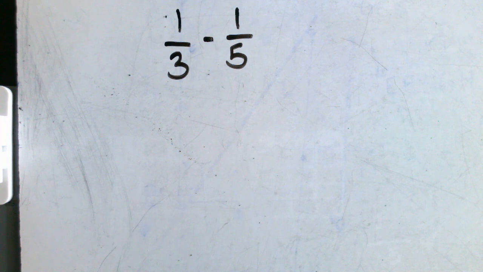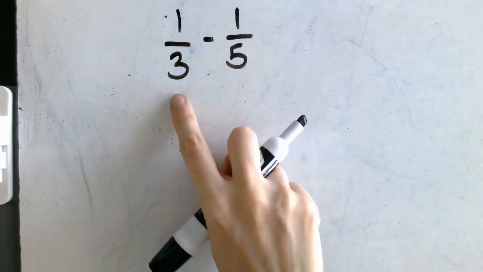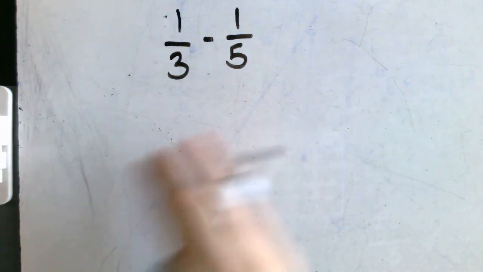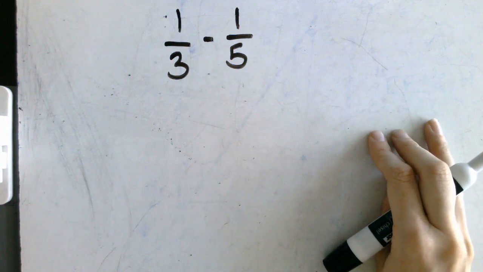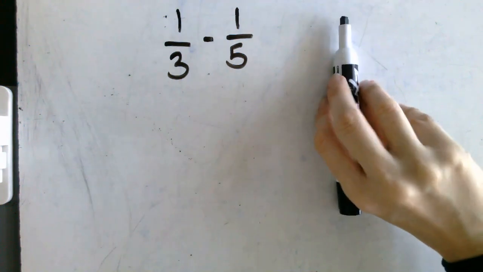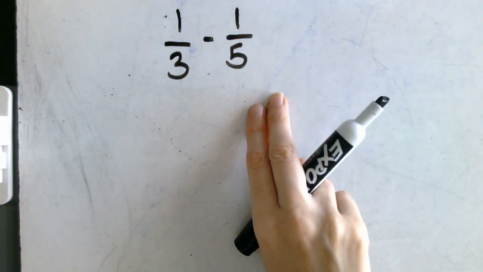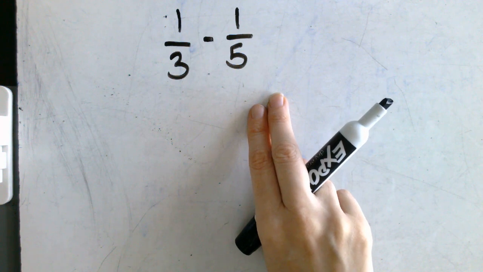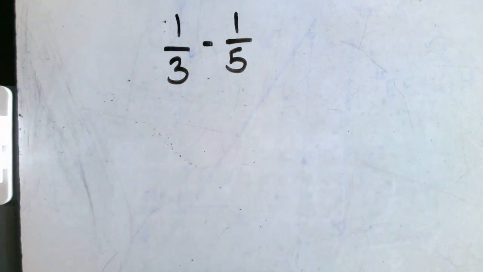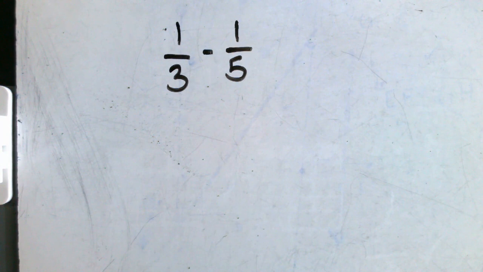In our example problem that we did in our application, we used 1/3 minus 1/5, and we drew a picture to help us subtract the 2 fractions from one another. We can also do this mathematically. I want you guys to put down your whiteboard markers and just watch the screen. I might call on you to help me do a few multiplication facts, but first, let's focus on